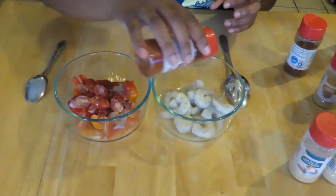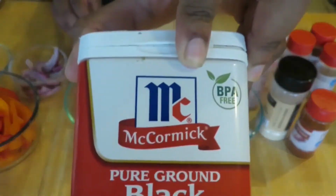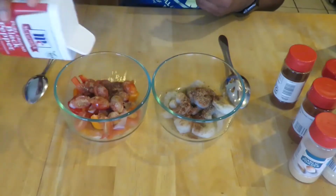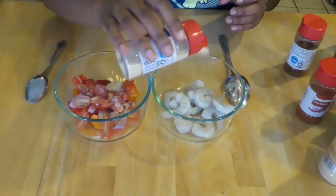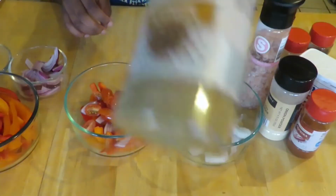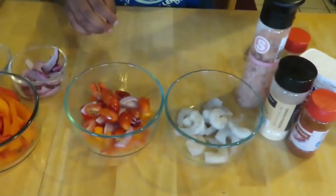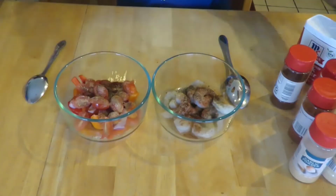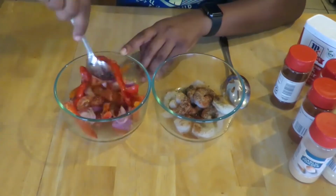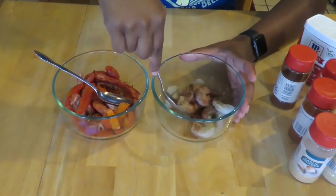When it comes to seasoning, I typically use some of the same seasonings for everything that I make, and that is onion powder, garlic powder, sometimes a little bit of salt and pepper. For this particular one, I use those seasonings as well as some chili powder, a little bit of paprika, some cumin, and a little bit of lime juice on the shrimp to give it a little bit of that citrusy flavor. So once I have finished seasoning my vegetables and shrimp, I go ahead and mix that up really well,